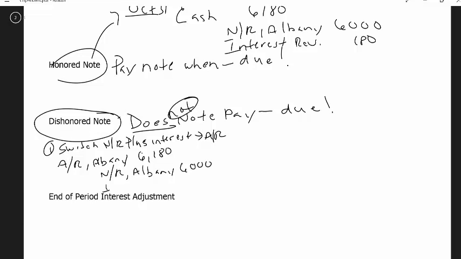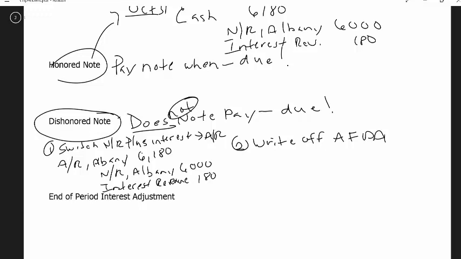And I would still recognize the interest, because remember, revenues are recognized when they're earned. So I've earned it even though they didn't pay me. So I would do that. And then after that, I would go ahead and write it off against the allowance for doubtful accounts. So that's why I switch it back to an account receivable, so I can write it off against my allowance